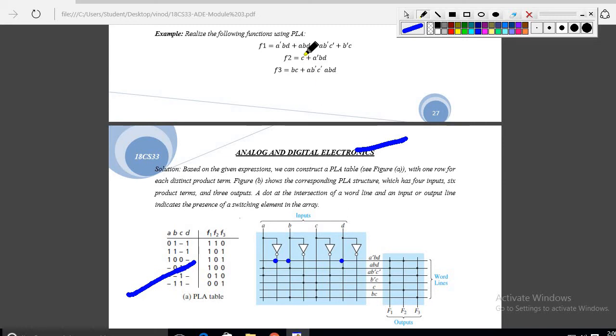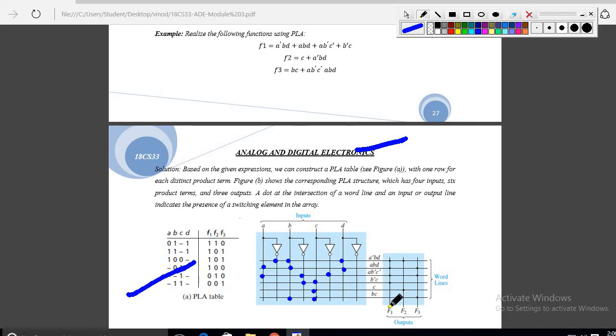Okay, so next A B D. Where are A, B and D? So just write the product term here, A bar, B bar, C bar. Like that you have to write all of A bar, B bar, C bar here. And this one is B bar and C. I am writing C, so B bar and C. Okay, all the terms for F1 I have written here. So F1 everything I have written, then F2, F3.